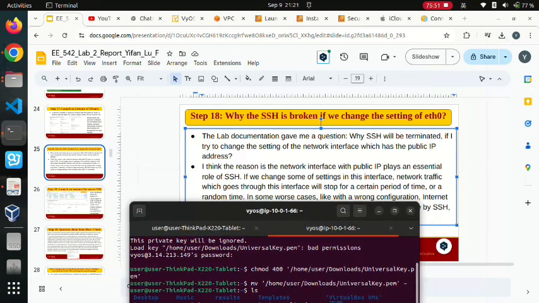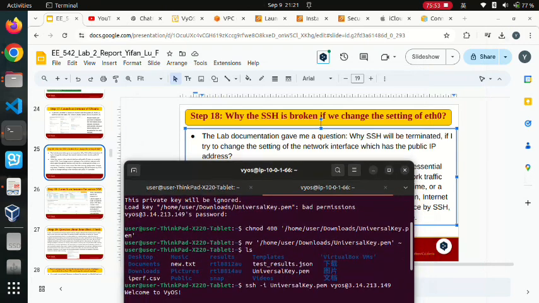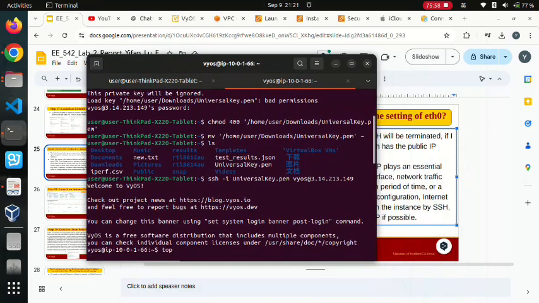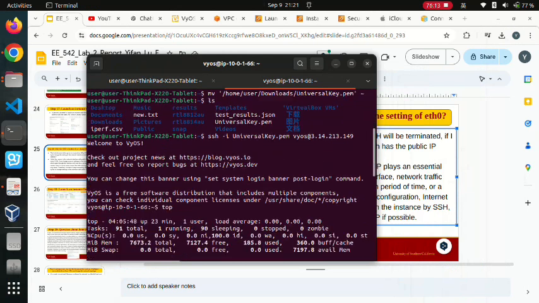So if I try to change some settings of this network interface, like detach this IP address, or modify the IP address, or do something inside the VM OS, for instance, if I want to bring down ETH0, or change